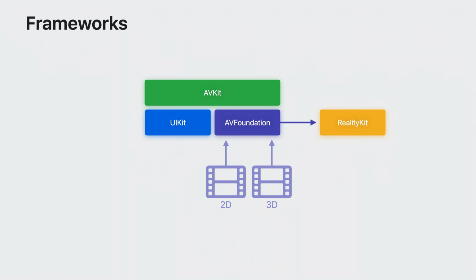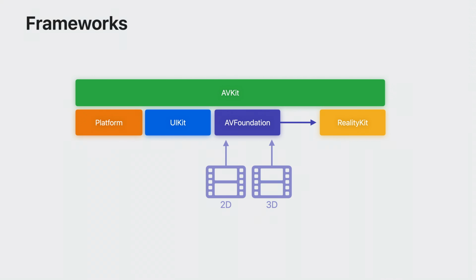AV Foundation has also been enhanced to render performantly and with high quality using RealityKit, so that video can be composited seamlessly into the world around you, and so that audio also responds to the world around you. And AVKit's AV Player View Controller has been extended to make use of the power of RealityKit and the unique capabilities of the platform to create a highly refined experience. This includes all the playback controls you expect, but also has many unique capabilities. What's required to take advantage of this in your app?